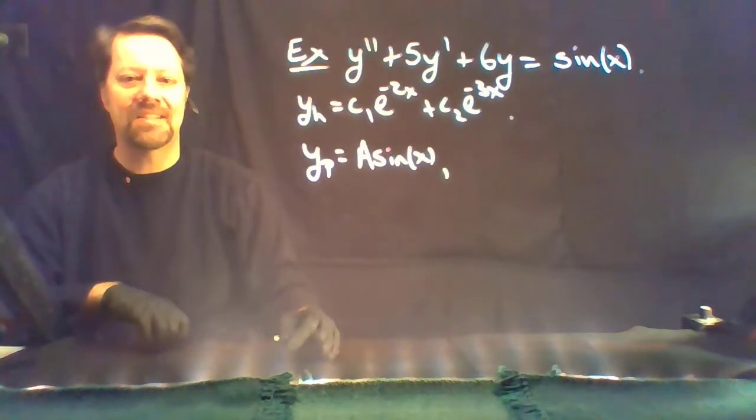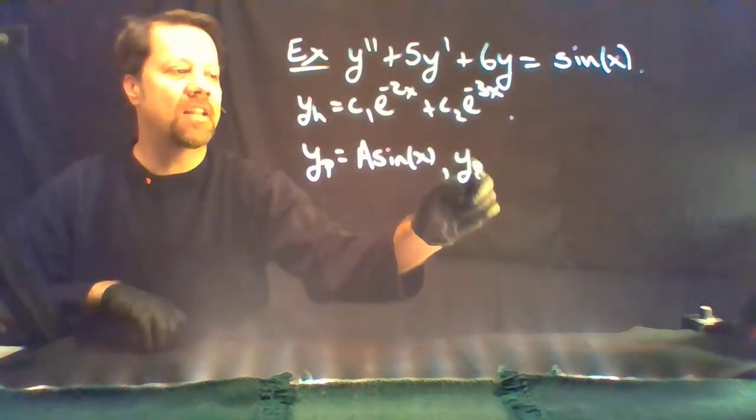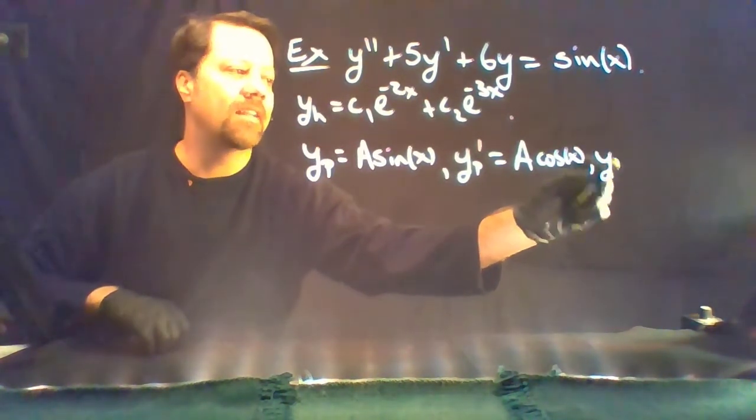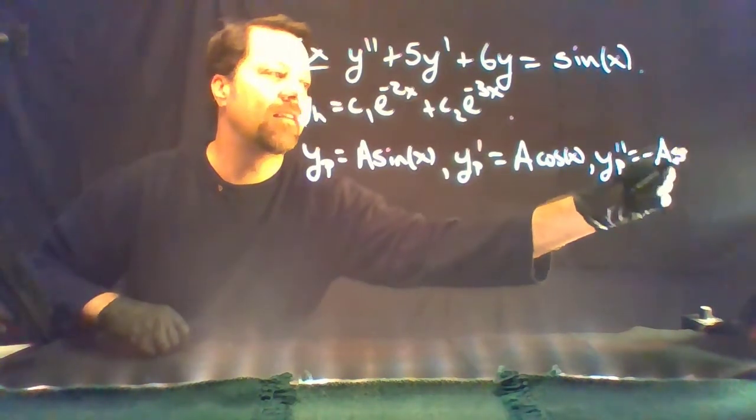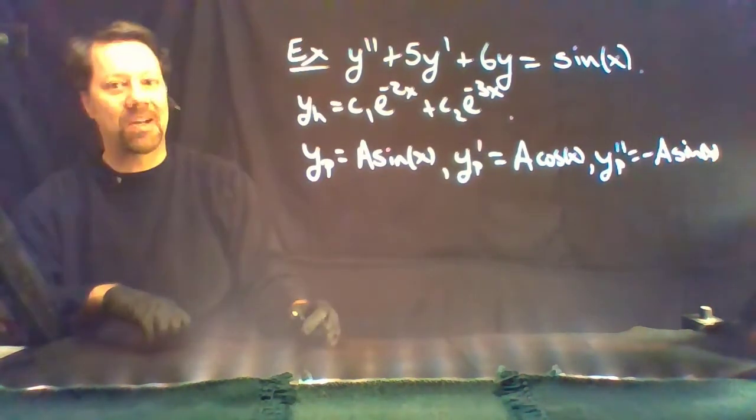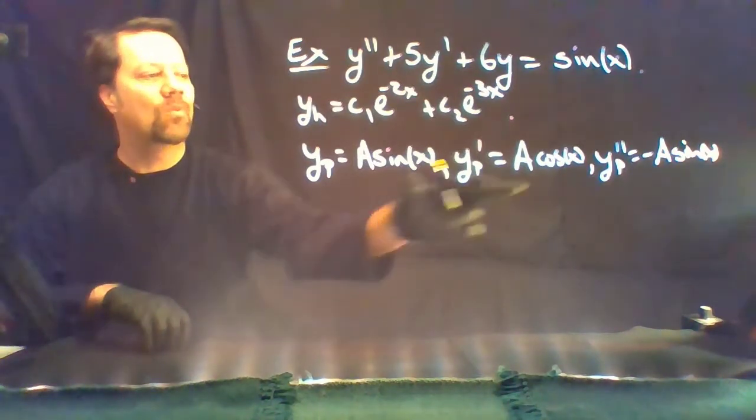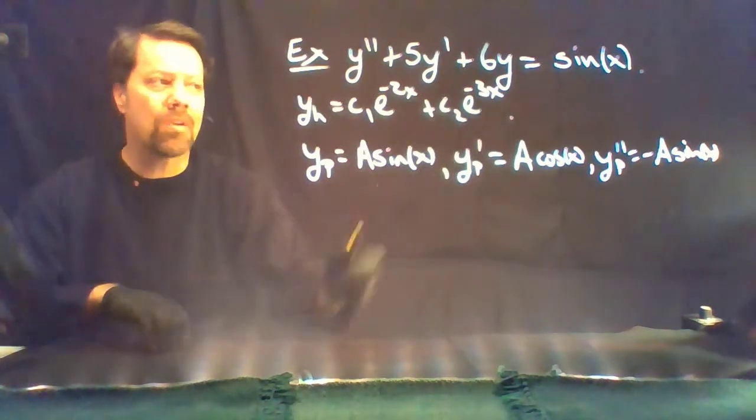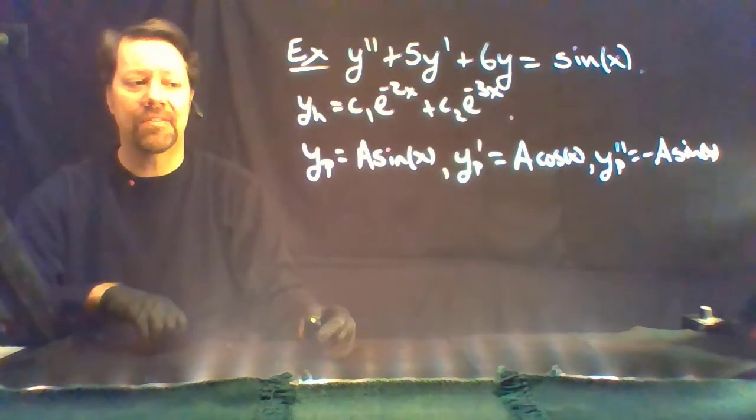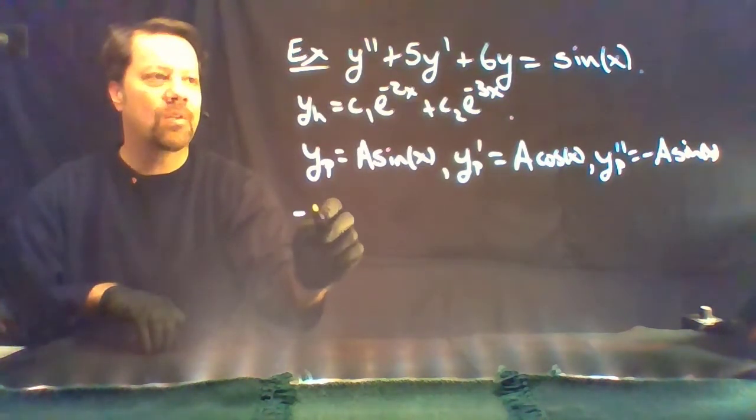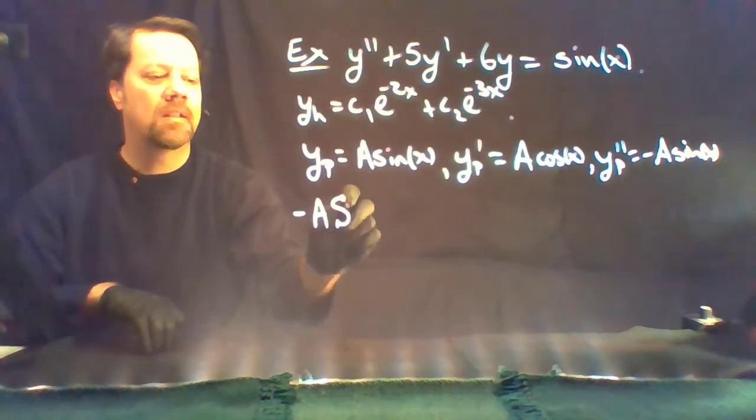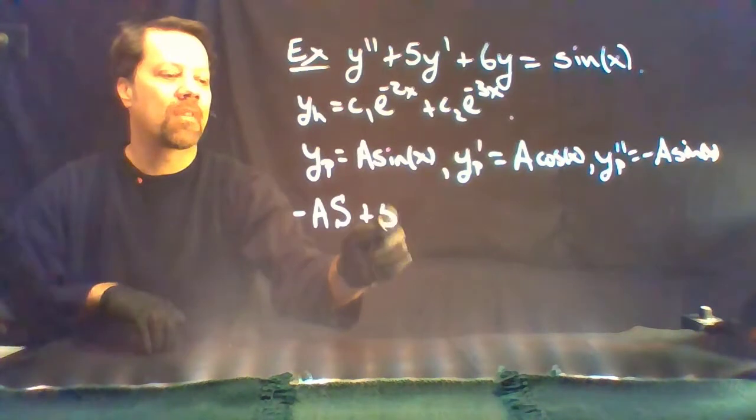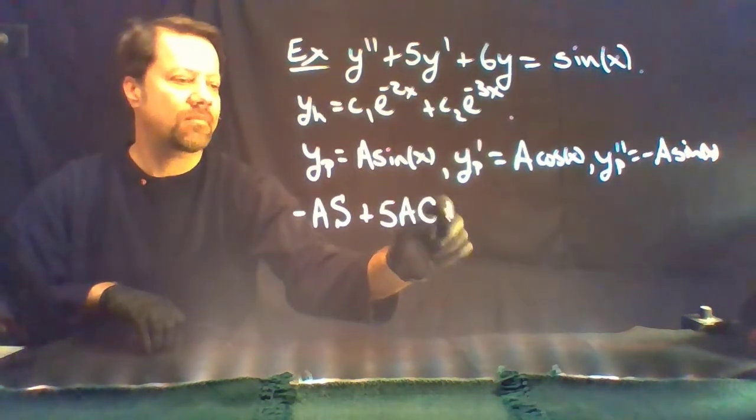If we make this guess a sine of x, then the particular solution has derivative a cosine of x and second derivative minus a sine of x. You might already detect what the problem might be. When we plug these into the original differential equation, we're going to get a cosine on the left, and there are no cosines on the right to cancel that with. Let's go ahead and plug it in anyway. We get minus a, can I use capital S for sine and capital C for cosine, plus 5a cosine plus